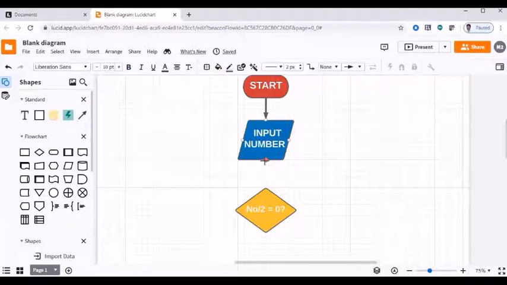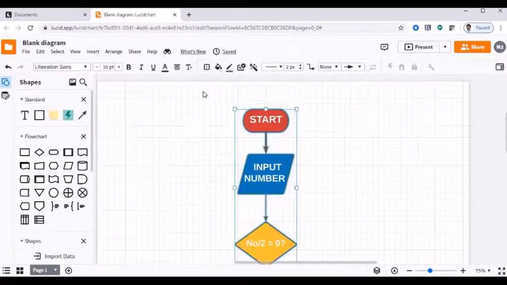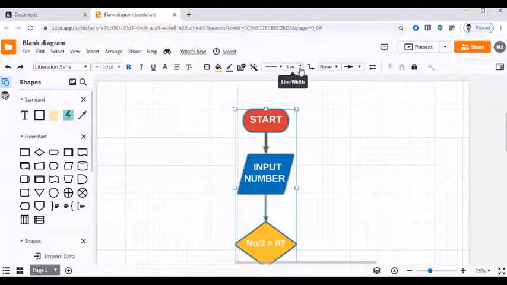Now you can draw the arrow mark with these two lines, and you can change the thickness also. Or you can select all the things and change all the lines to the same size. That is another way of maintaining uniformity in the drawing.